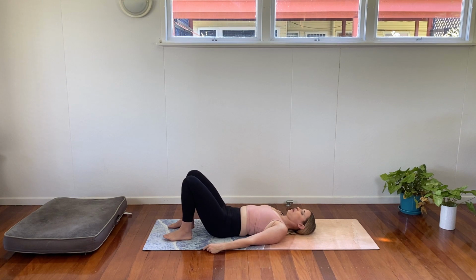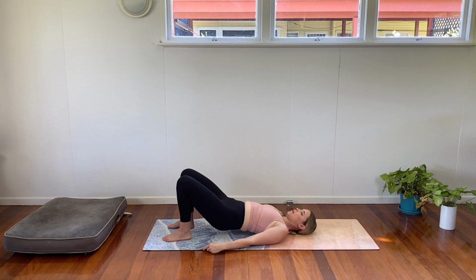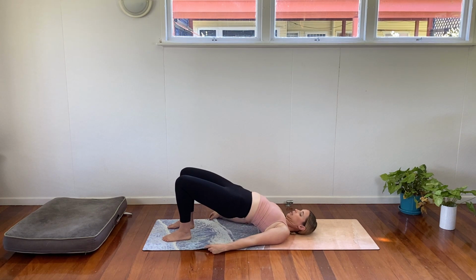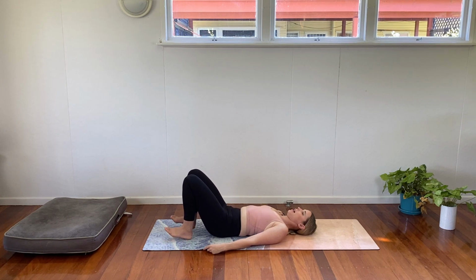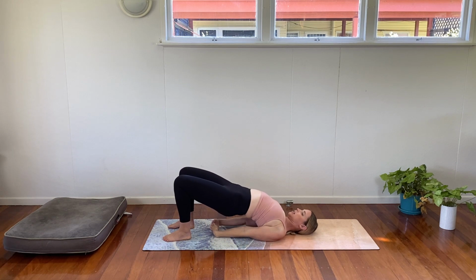Two more. Inhale and exhale. Inhale. And exhale. We're going to take one inhale, drop or tap the lower back towards the earth, and exhale, push the hips up and hold here. Now we can stay like this, or you can wriggle your shoulder blades underneath, clasp the hands at the lower back, and breathe for five,